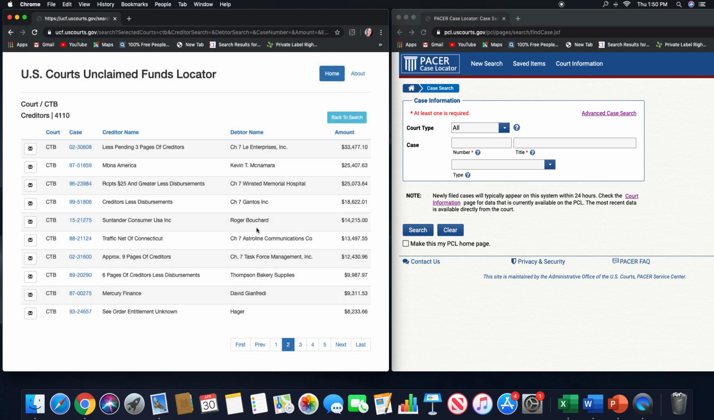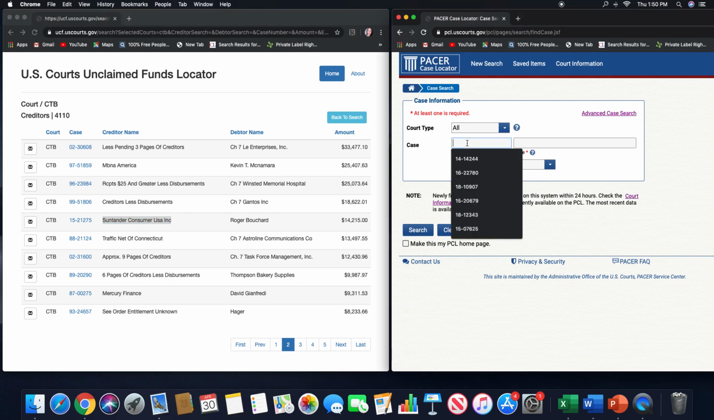I'm going to search this Roger case. So this Roger guy, Bouchard, I believe how you say his last name, he filed bankruptcy, and this creditor, Santana, I think they mean Santander because that sounds like what they're trying to say. It's a typo. And then they filed a claim for $14,000, right? So we're gonna pull this up. This case is from 2015,